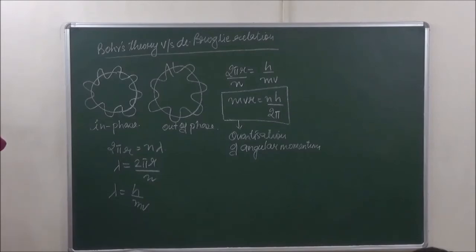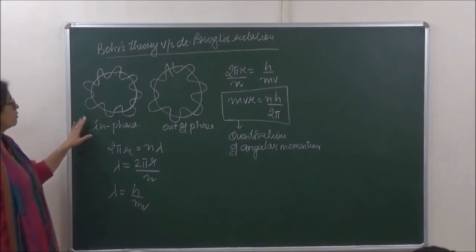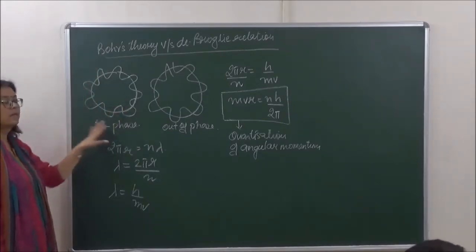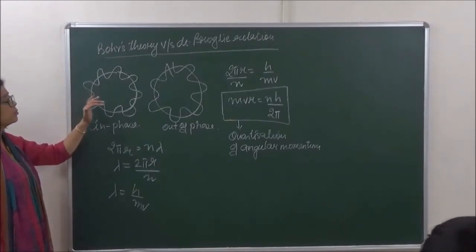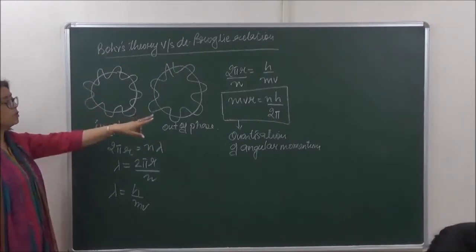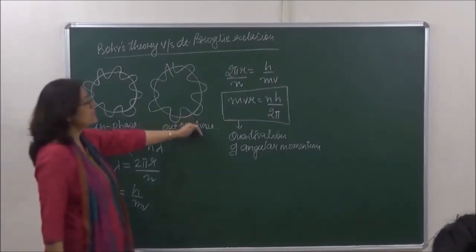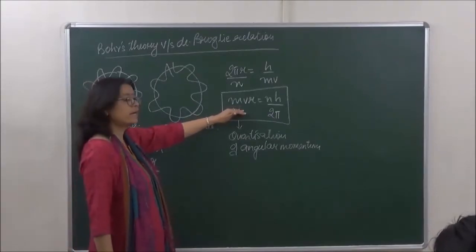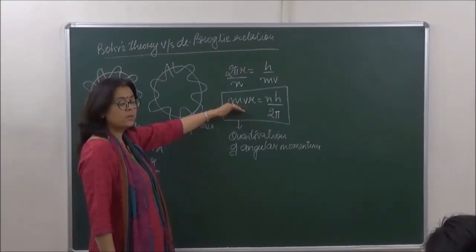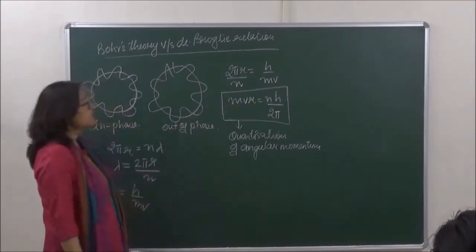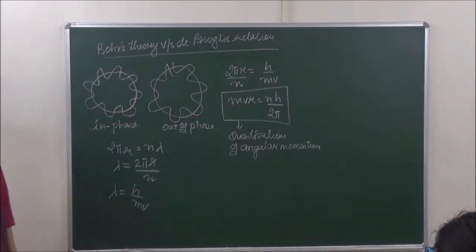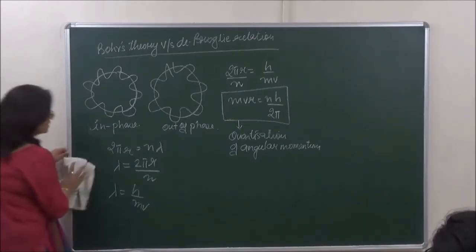So de Broglie and Bohr's theory go hand in hand. Bohr's theory of the circular orbit and de Broglie's theory of the wave both give us one relationship: de Broglie explains the quantization of the energy levels, or the quantization of angular momentum, which was proposed by Bohr. Then there was another distinct principle which gave a serious blow to Bohr, that was Heisenberg's uncertainty principle.